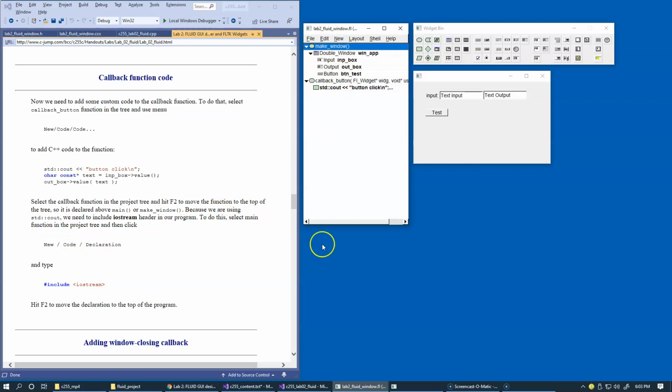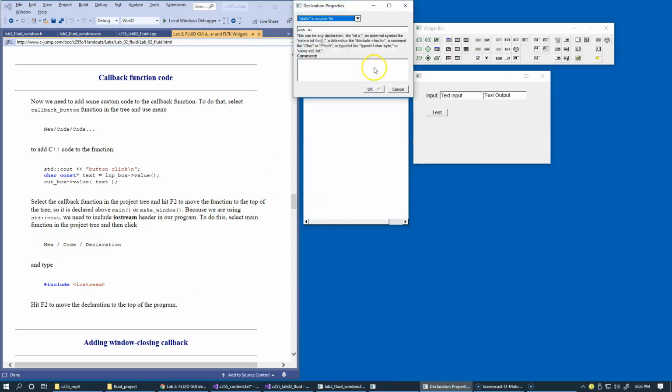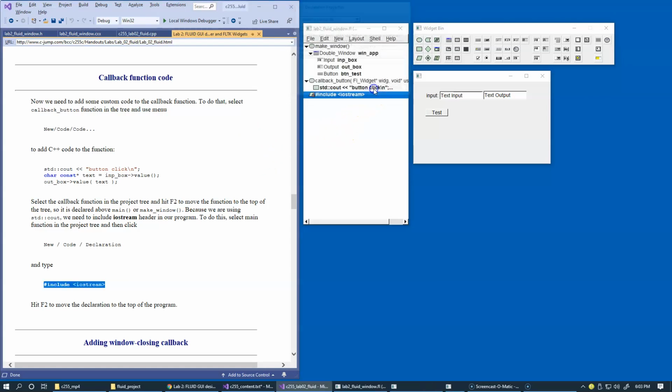And then select new code declaration, and choose a declaration. And here we can say include IOStream. Right here, and just click OK, and then you see that it's added at the bottom of this list, but